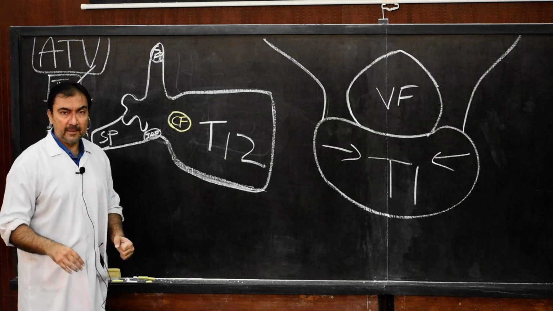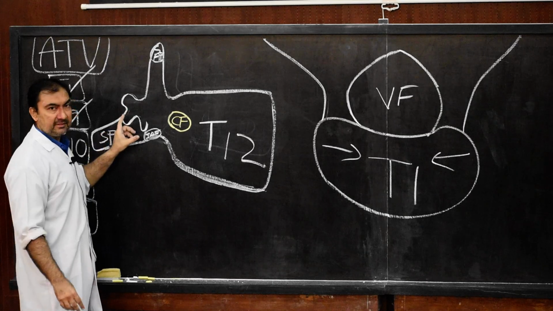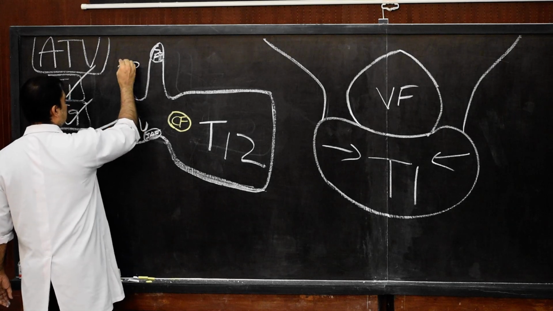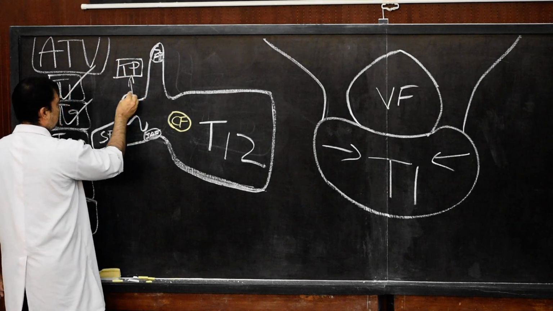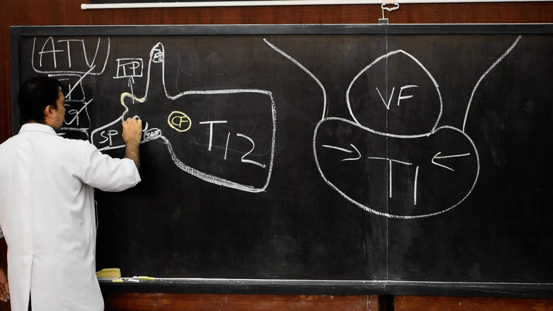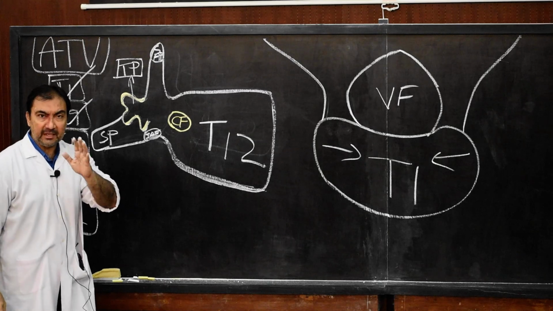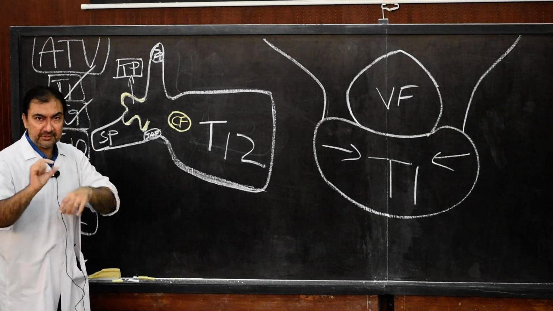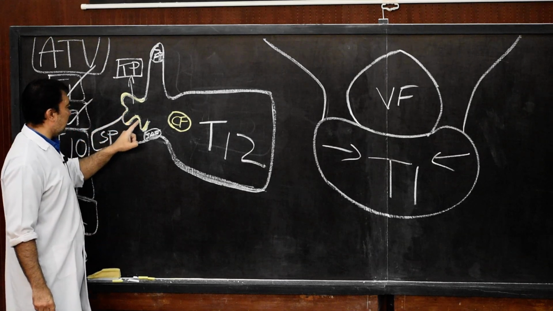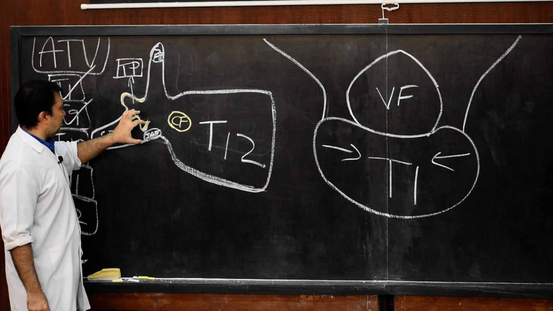How to identify T12? Second distinguishing feature. Remember, we have marked this in the form of 3 processes. The transverse process here. This is the transverse process which we have marked, and this transverse process will show, if I darken this with yellow color, this is the superior tubercle, this will be the lateral tubercle, and this is the inferior tubercle. This is the transverse process of T12. Each side, right and left transverse process, will show 3 tubercles: superior tubercle, inferior tubercle, and lateral tubercle. So the transverse process of T12 will have 3 tubercles.